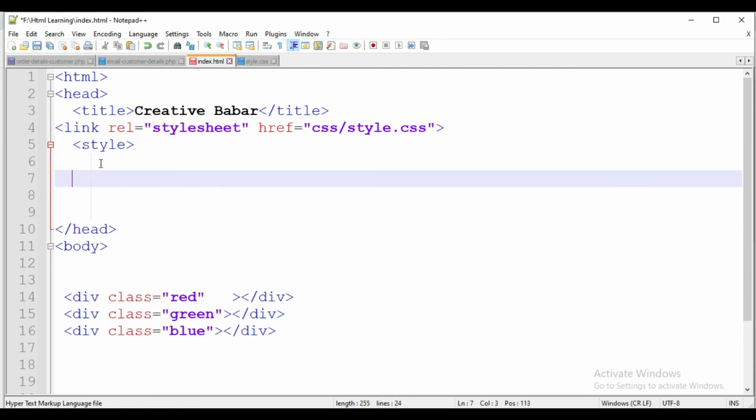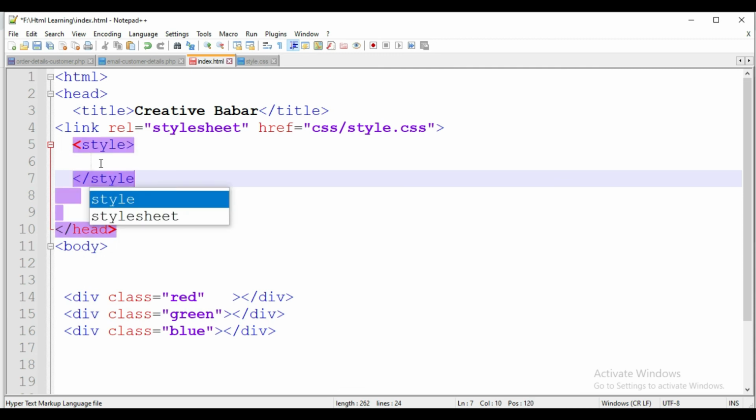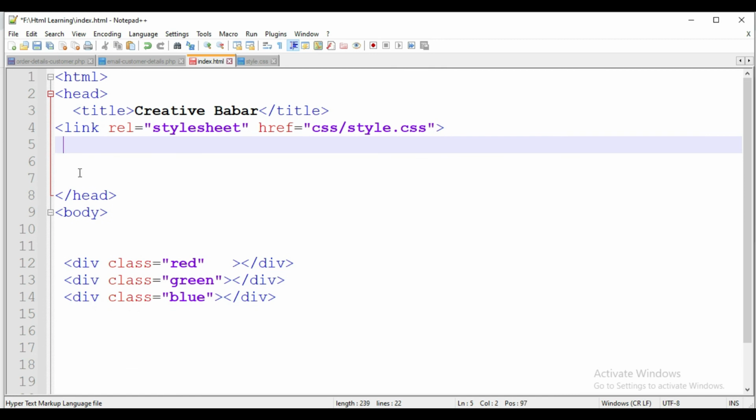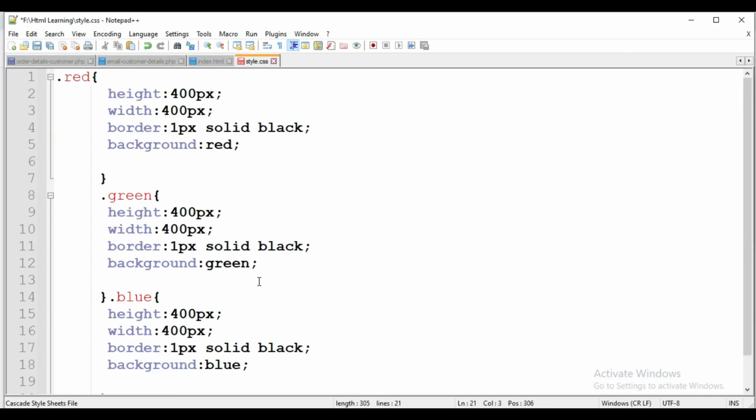Inside the style tag we put all the CSS code. But if we use external CSS, then we just link a file in the HTML page, and then we put all the CSS code in the external file, style.css, or you can name it as you want. If you want to change its name, you can, but .css is essential. So I hope you understand.